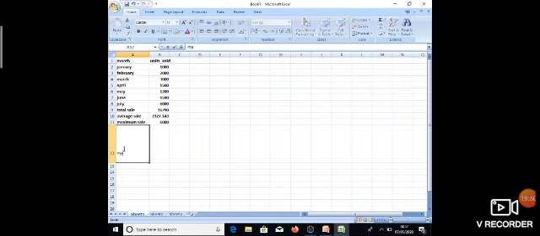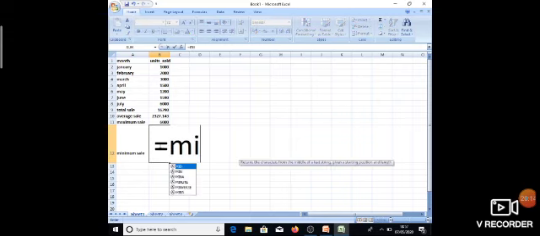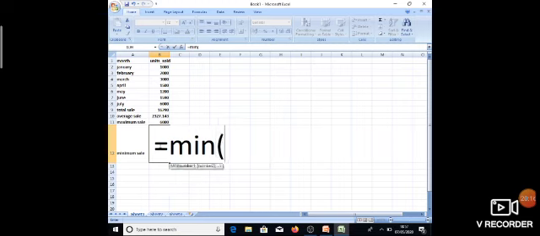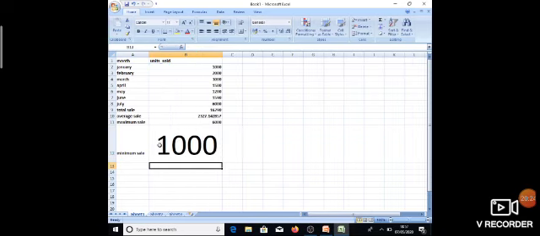If you want to find out the minimum sale, you can apply the function minimum. The same way as we calculate the maximum, in the same way you can calculate the minimum value, min, and provide the cell range. Okay, the minimum is 1000.